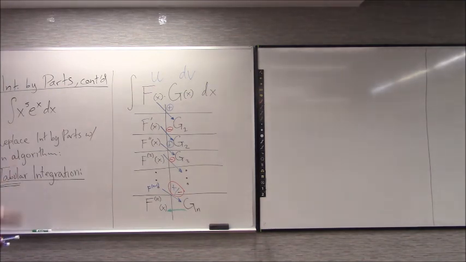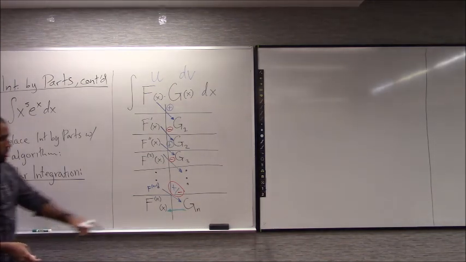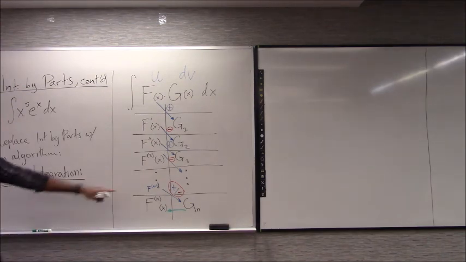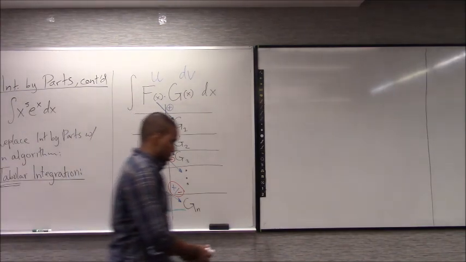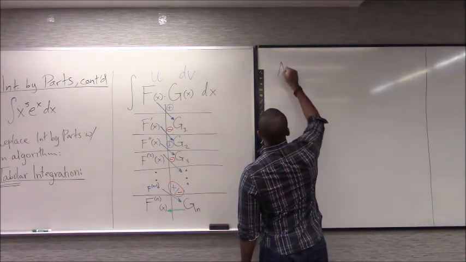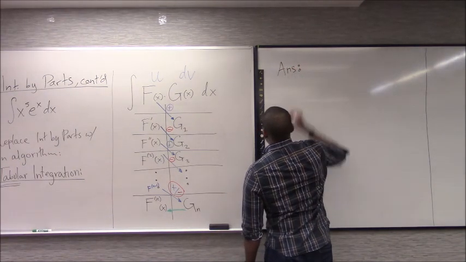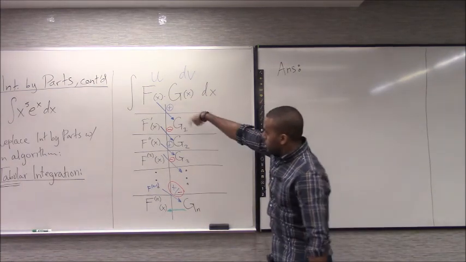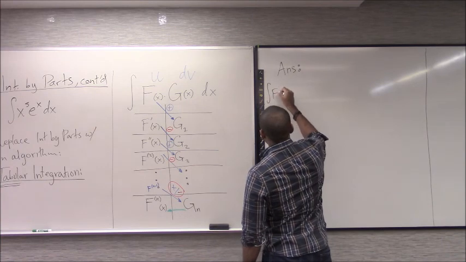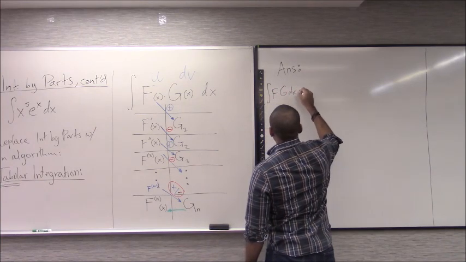Because we don't really know how long this is going to be, it depends on whether we end on an odd step or an even step, and then you go across here. So now, here's how the answer is going to look like, and I'll tell you how to stop the table. Here's what your answer will look like. You're going to take all these products and apply these signs. So your integral of big F, big G dx, it's going to be